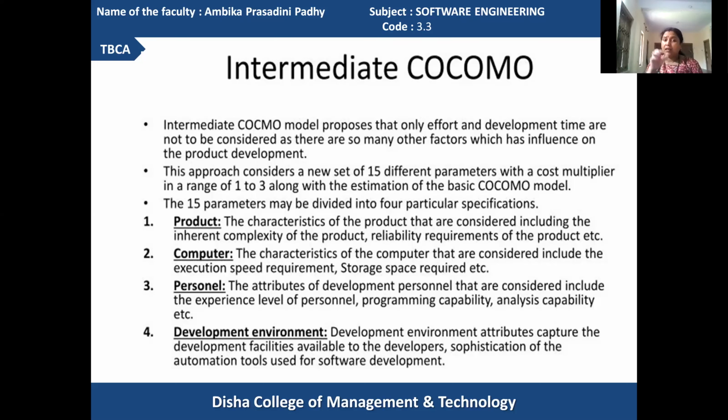Got it? If a particular product developer is an experienced one, and is more efficient in the product development area, then the product will be developed with less effort, and the product will also require less time to develop because he has experience in developing products.